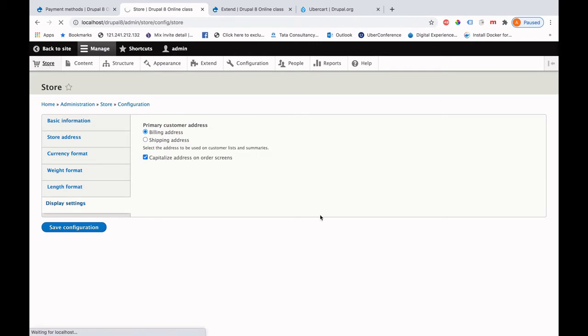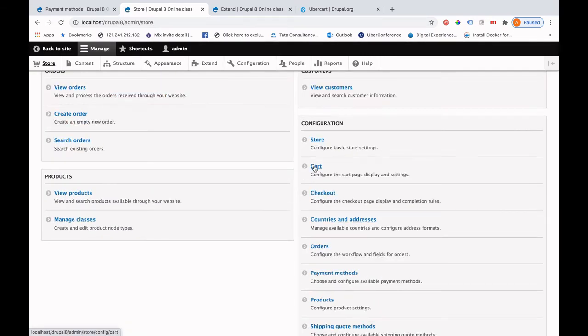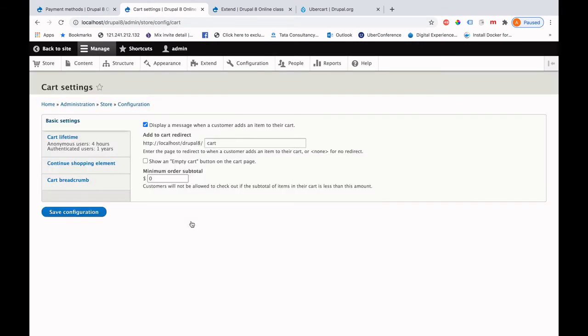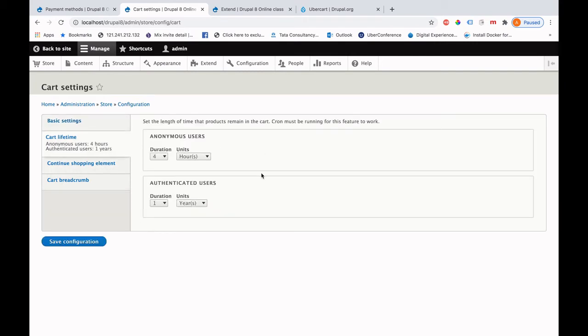now let me go back to the store to show you some other configurations. This is cart. Most of these configurations you don't need to update apart from the store address here. So let it be there. This is the URL for the cart. You can change it to some other name, whichever is flexible or seems very convenient to you or your customer. This is the lifetime for the cart. So for example, if you want to maintain a longer period of time for the cart duration, you can put it from here.